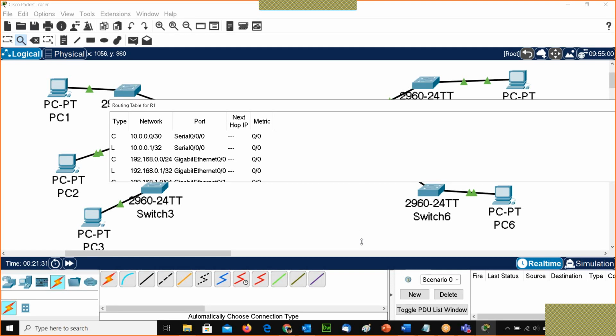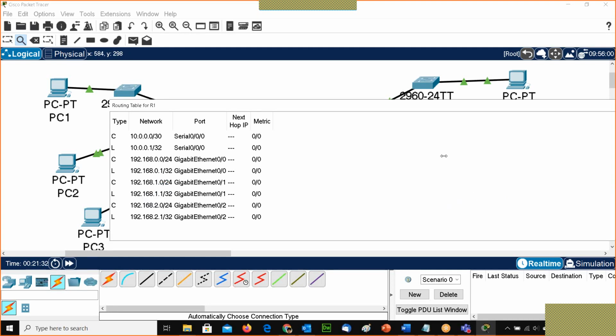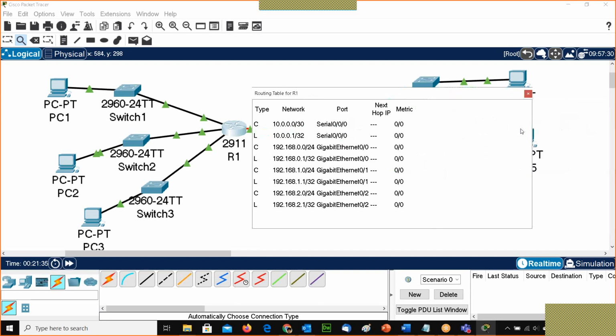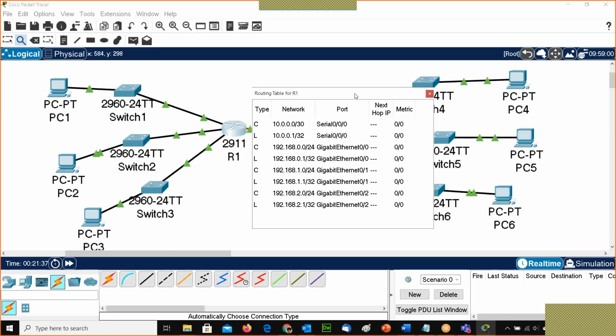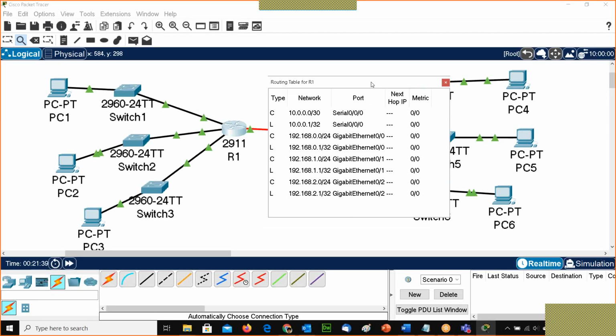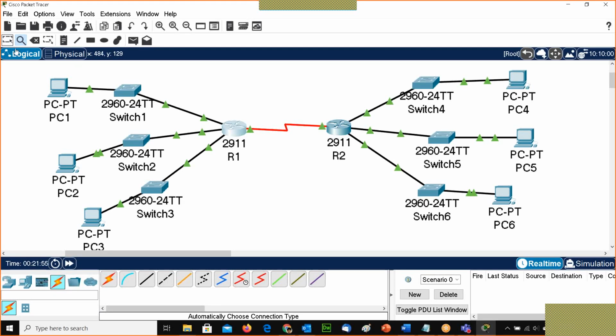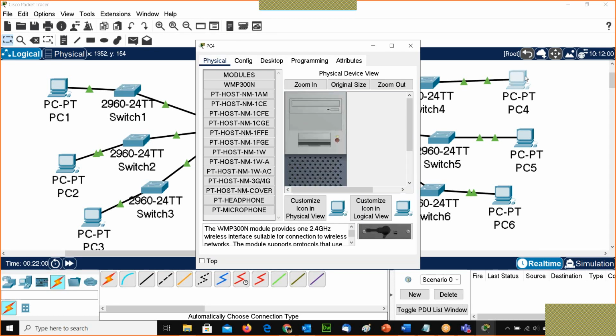That is the basic configuration which we have done in the previous module also. You can go and see the tutorial there. So this is the basic configuration. What I have done is configured the LAN interface and WAN interface, and this is basically default routing because all are connected. Okay. Similarly, I can go and do it for PC4.